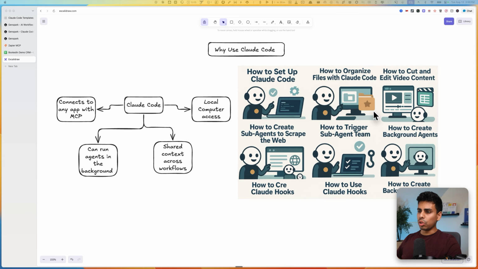But at a higher level, Claude Code is really cool because it can access your local computer, so it has context of all of that. It can connect to any other apps like Google Sheets, etc. And you know how people create these AI agents in N8N? You can prompt these things in Claude Code, and because it knows how to write the code inside your computer, it's running all these different automations and even has shared context across the different things you do. So that's super powerful, where you can take advantage of automating almost everything in your life